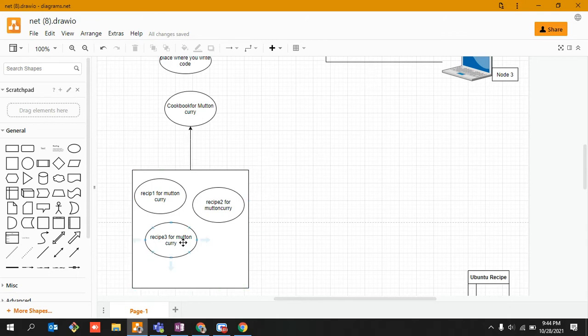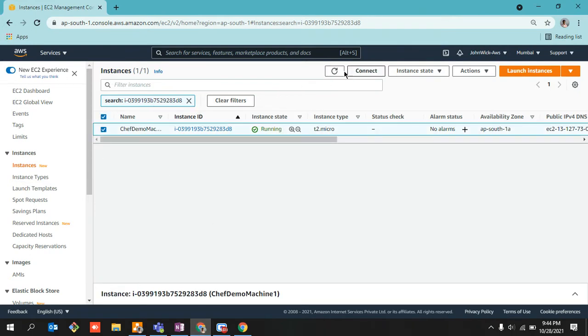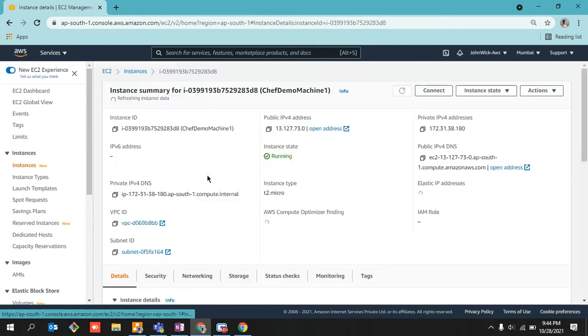There are a number of people living in various areas, and they tend to have their own recipe to prepare one single dish. So we would be writing recipes and some code in it, and we would be executing it. This is the simple structure. And I hope my instance is up and running. Allow me to refresh it, although it is working.